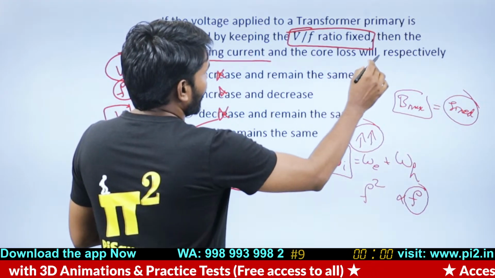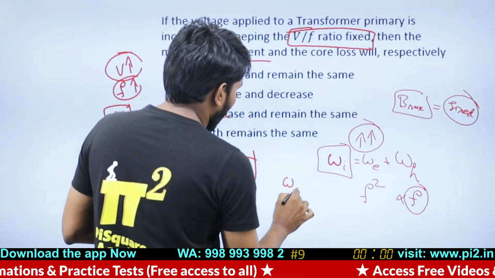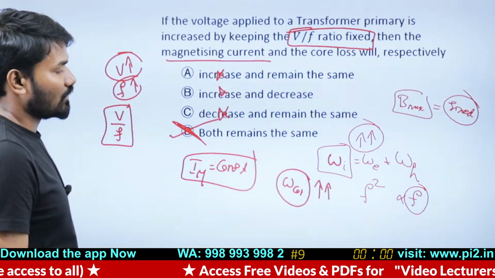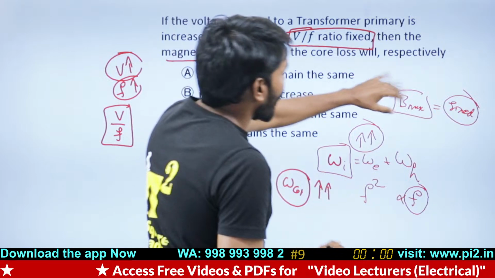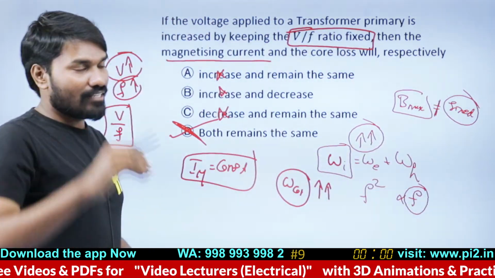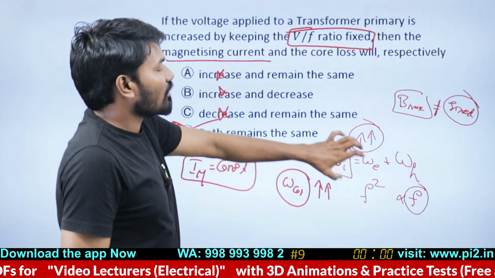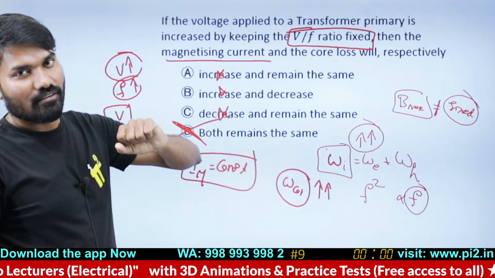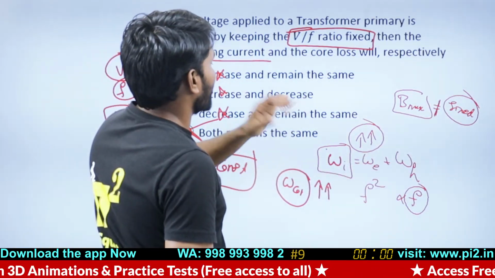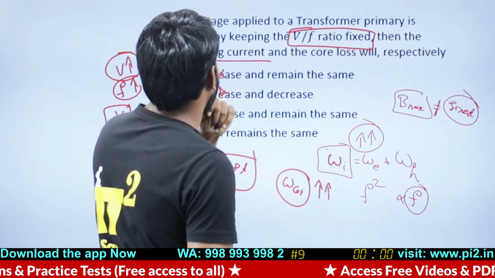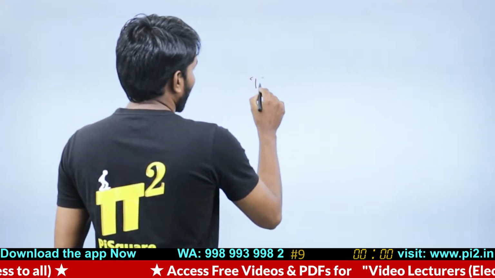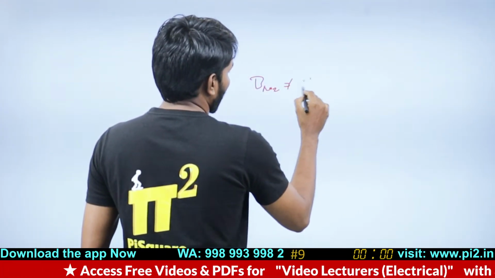Okay. Core losses or iron losses will increase. If Bmax is not constant, then can you say iron losses are fixed? No, we cannot even say that. We can say only if, because in that case, if Bmax is not constant,